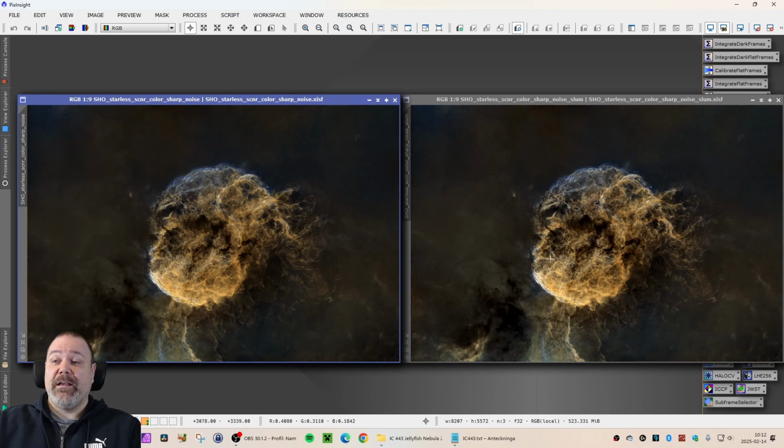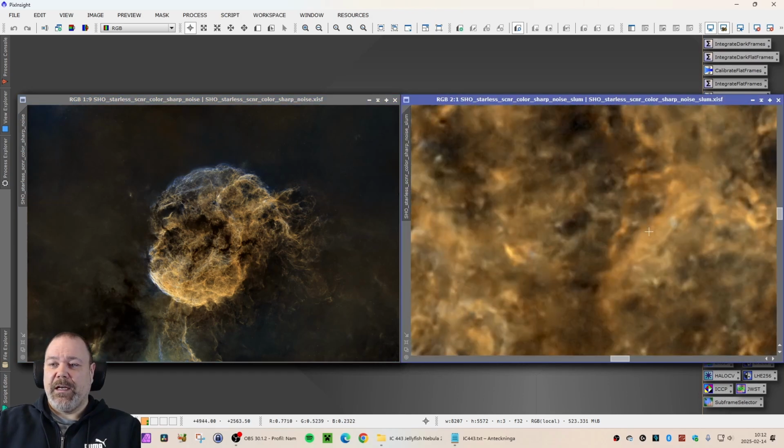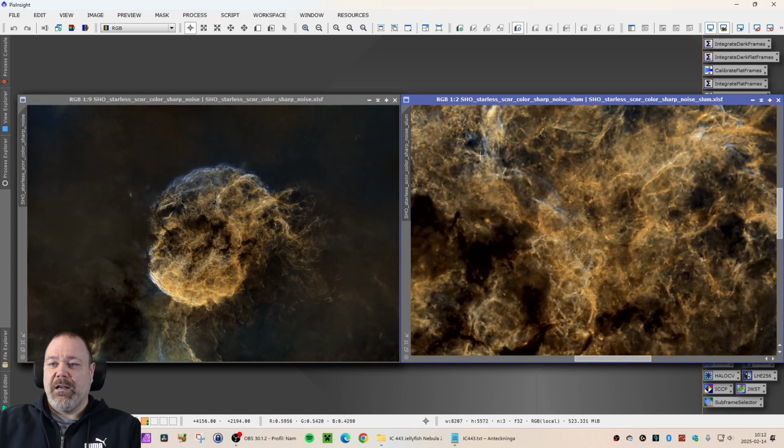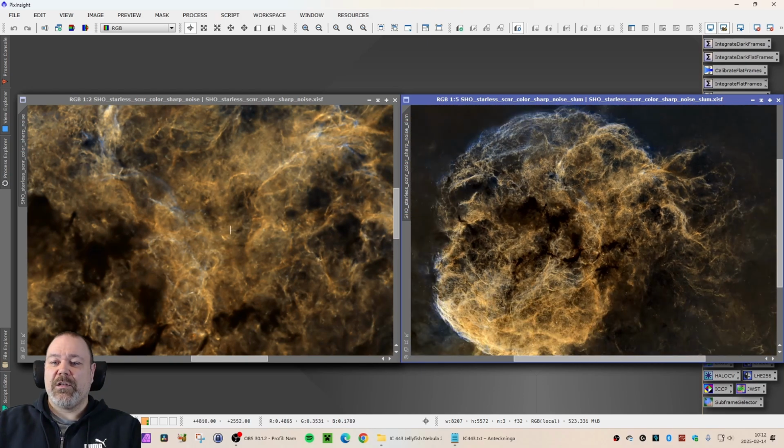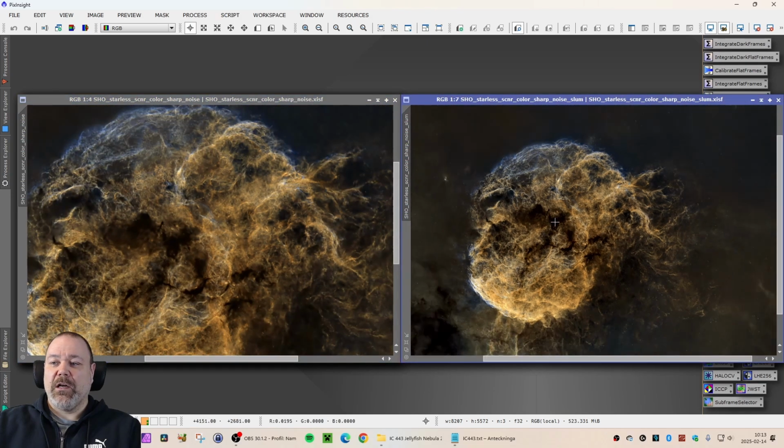I created a synthetic luminance from the H-alpha. I processed that a little bit in terms of contrast and sharpness, and then I applied it to really get some more vibrance in the details here. You can compare the two here. You can see the very intricate formations here in the clouds, and they look so much better when you add a bit of sharpening and contrast